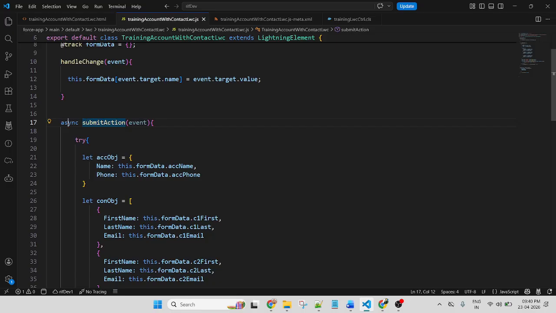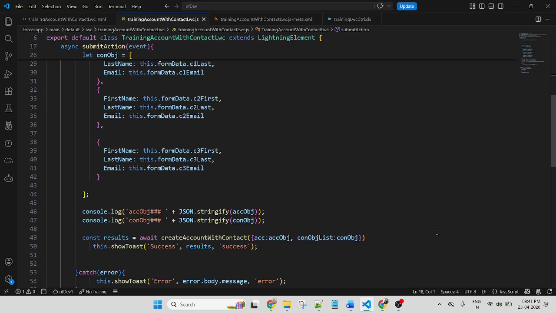Async means it will work in the background. If you are inserting bulk records through the LWC component, you can use async. It will work in the background and have faster performance compared to others.